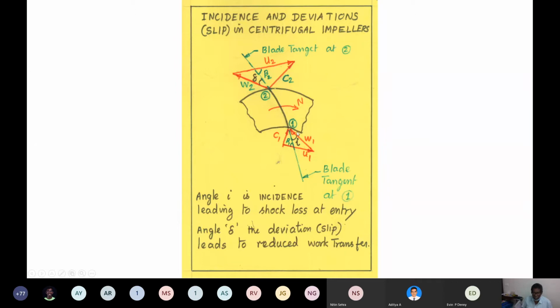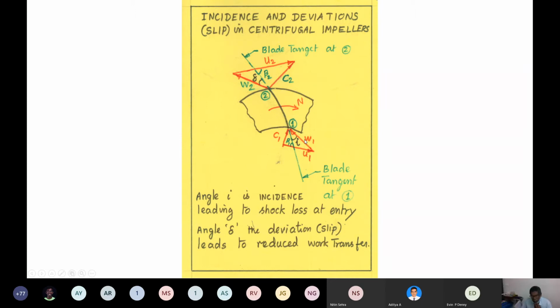It is inclined to that direction, and the angle between the relative velocity and the blade tangent is the angle of incidence. C1 is the flow direction. As I had mentioned, in the absence of any pre-rotating device, the velocity C1 will be in the radial direction only. Given a rotor, its diameter is known at entry, so pi d n by 60 is U1, in the tangential direction. These two are connected by the relative velocity W1.